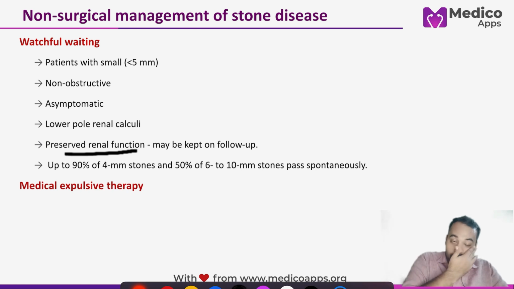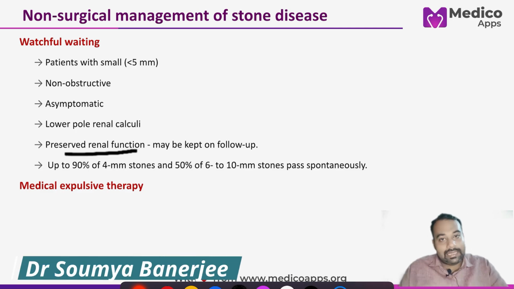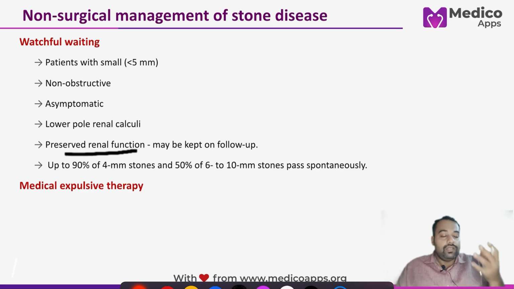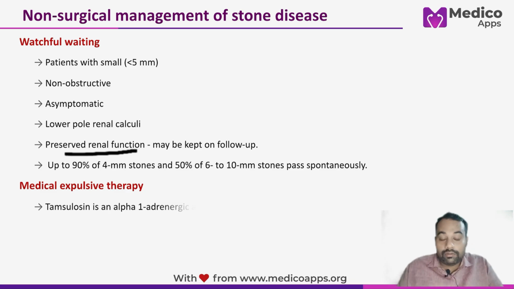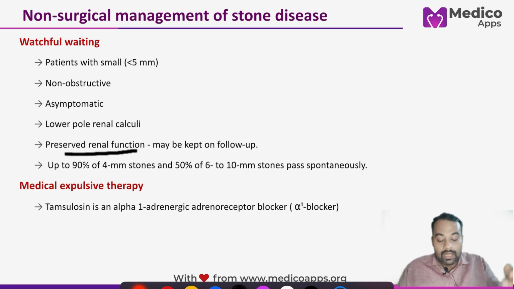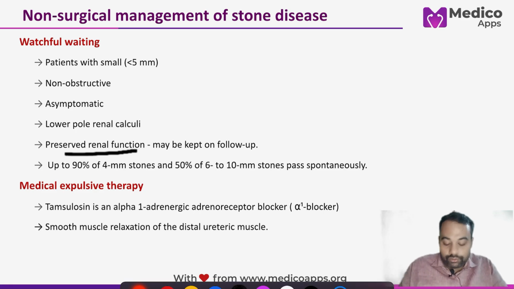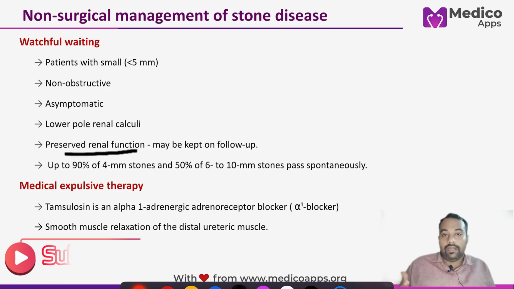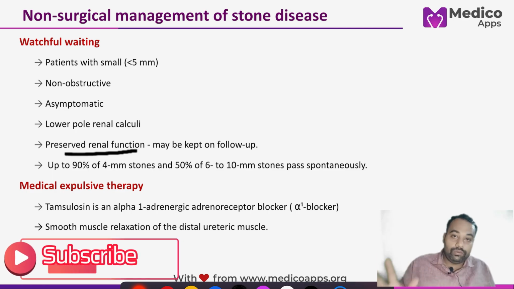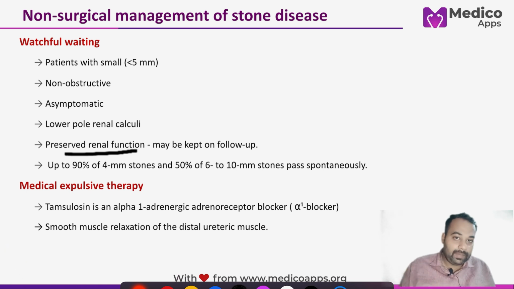Now, how would you like to go during this watchful waiting period? So we have the medical expulsion therapy. In that case, we eventually go with tamsulosin, which is basically an alpha 1 blocker. Now this alpha 1 blocker tamsulosin eventually causes smooth muscle relaxation, typically at the distal end of the ureters, which eventually increases the chances of passage of the stone through the urinary tract, and it will get eliminated through urine only. And we ask the patient to take lots and lots of fluid and this tamsulosin,